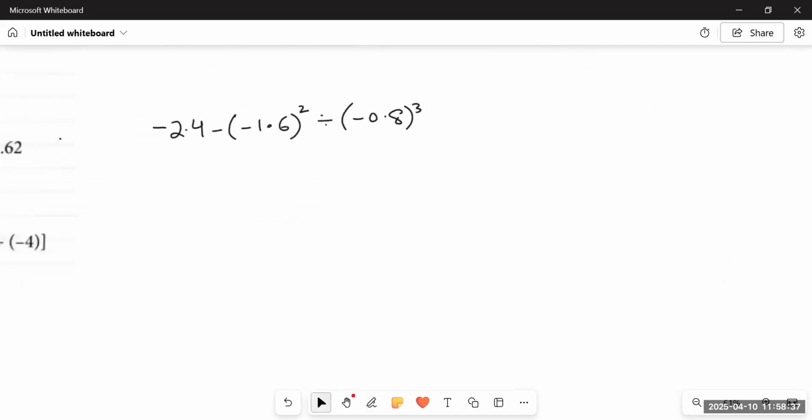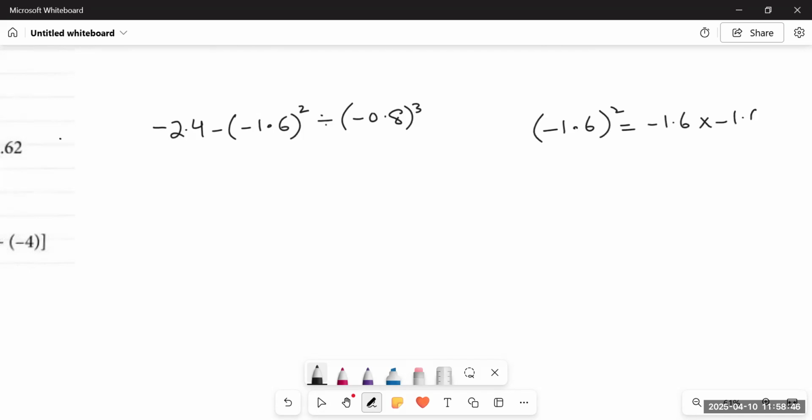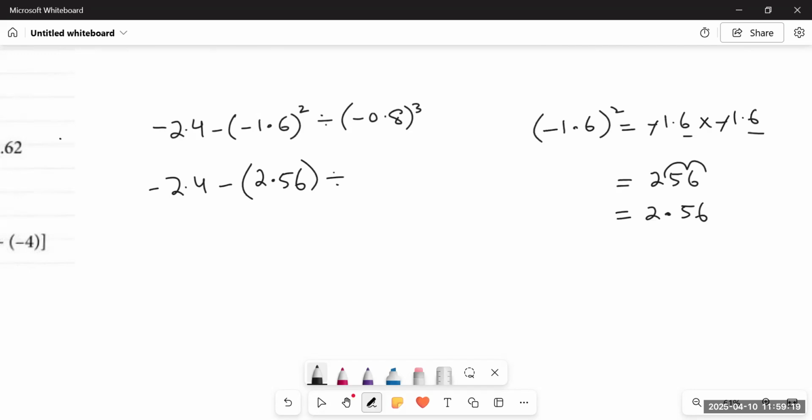So minus 1.6 square means minus 1.6 multiplied by minus 1.6. So minus minus will cut. So the square of 16 is 256. And since there are two decimal places, the answer would be 2.56, and it will be positive 2.56. And there is a minus sign outside. So now we will multiply this minus sign with the positive 2.56, and the final answer would be minus 2.56.